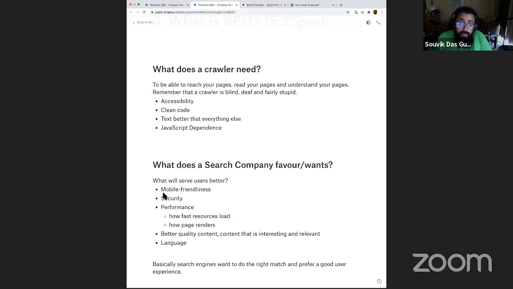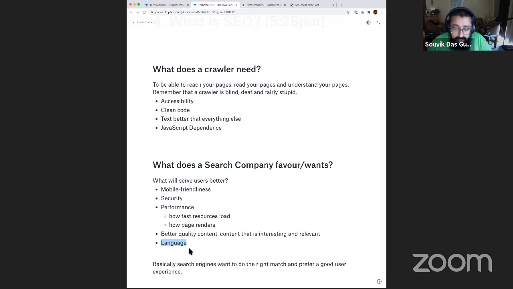But they also care about whether your site is mobile friendly, is it secure, is it performant, how fast is it. Even language can be a barrier, in the sense that if someone is searching in a particular local language, Google would want to make sure that sites in those local languages are sent to such users, so that they are able to read and consume it.